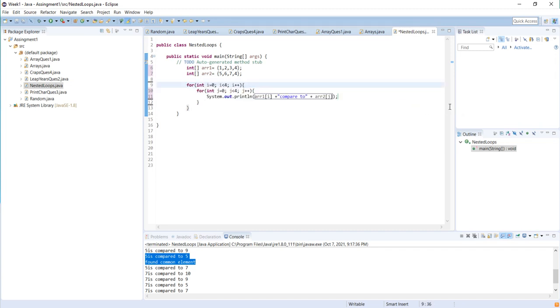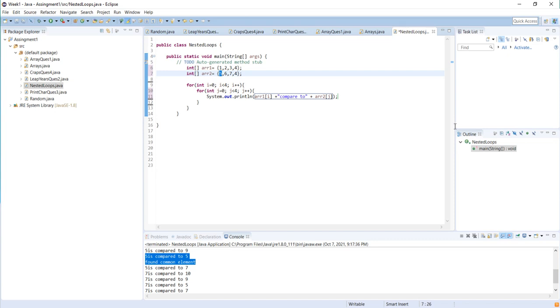Here i is gonna increment by 1. So array1's first element, after the zeroth element, is 2. So 2 is gonna be compared to now 5, 2 is gonna be compared to 6, 7, and 4, and so on.